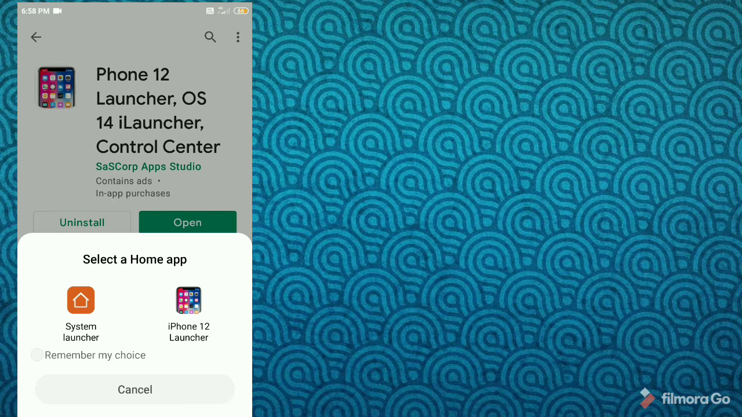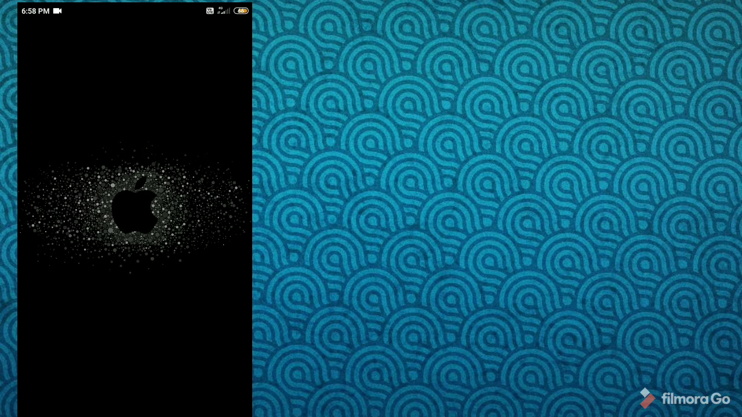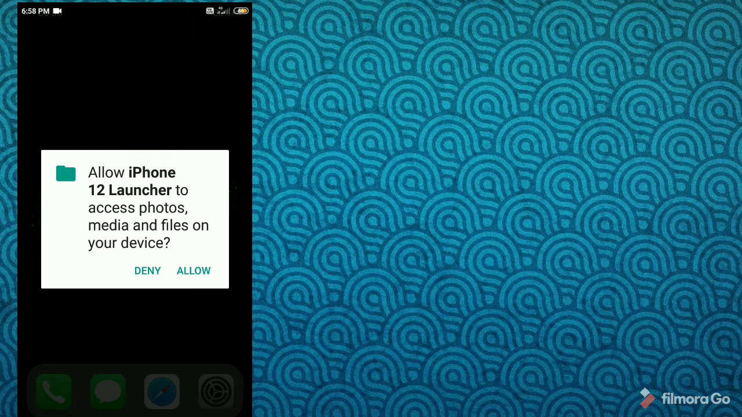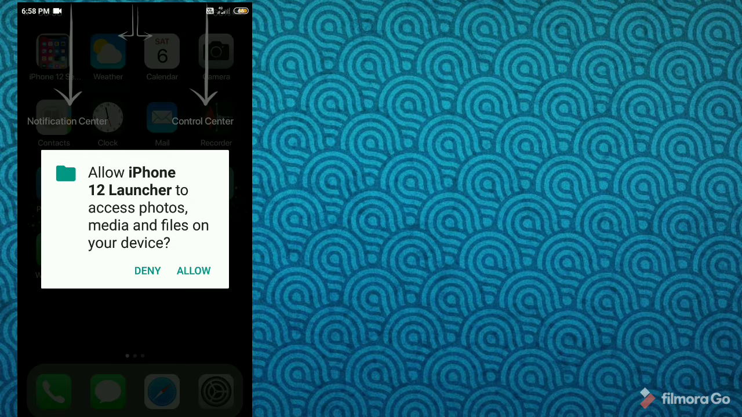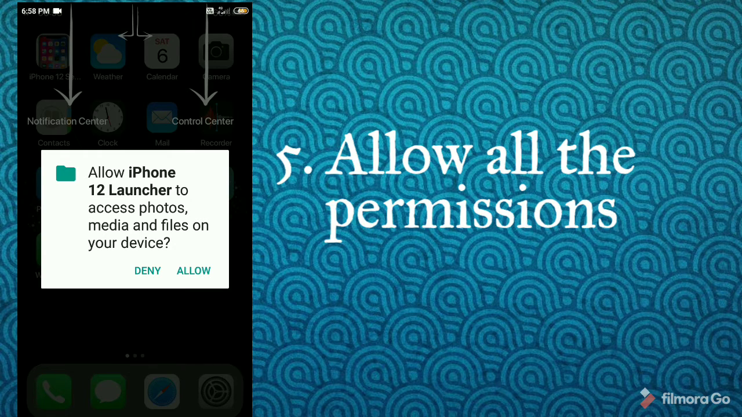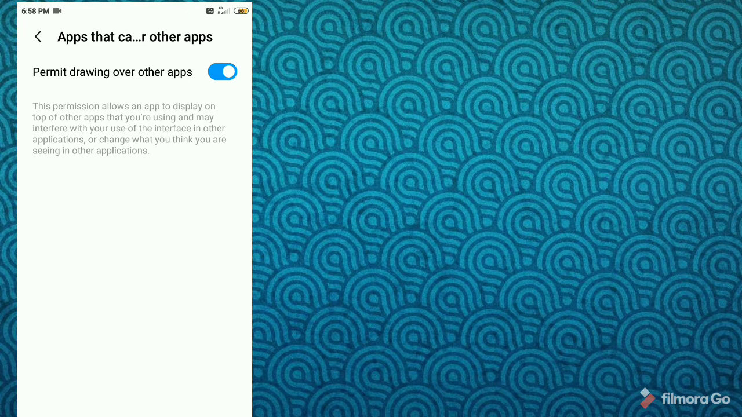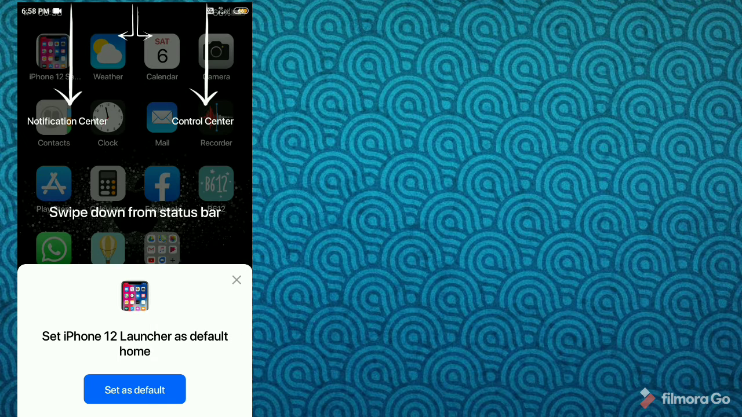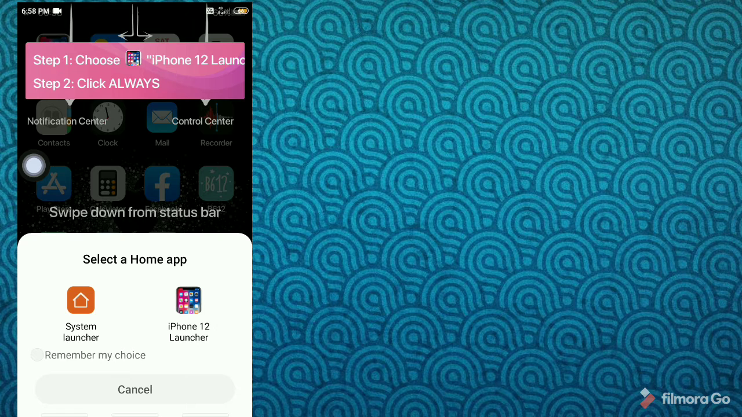So click on the right side icon shown as iPhone 12 launcher, and now my phone is gonna be changed into an iPhone. So allow all the permissions it asks for. Set as default and then click on iPhone 12